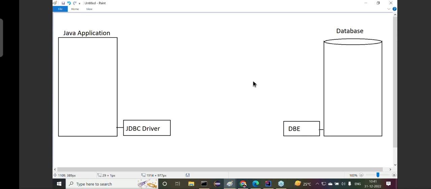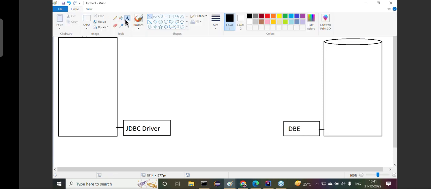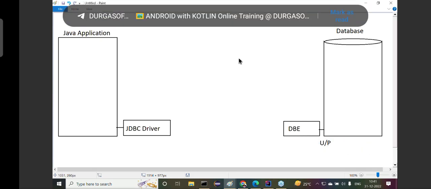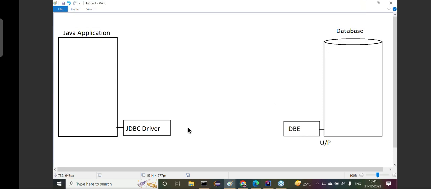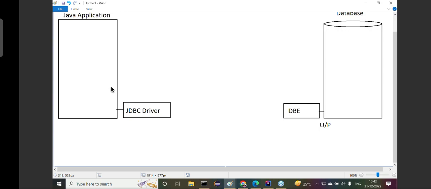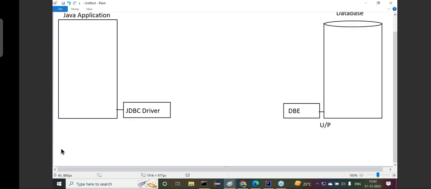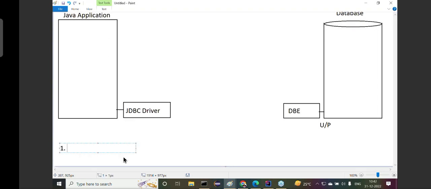This is available at database side. Now the database engine will open the database doors through username and password. By using username and password, the database engine will open the database. Right, so the JDBC driver. Then how are we able to manage this JDBC driver here? The very first instruction we can understand in section number 1,